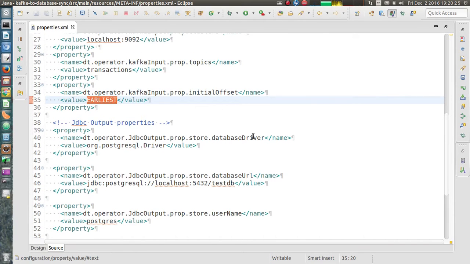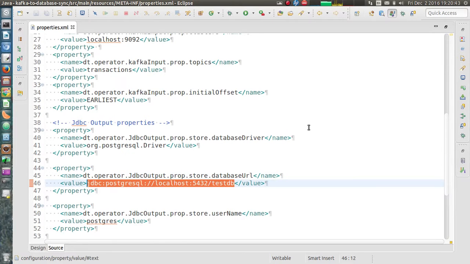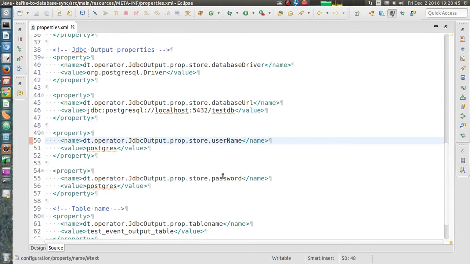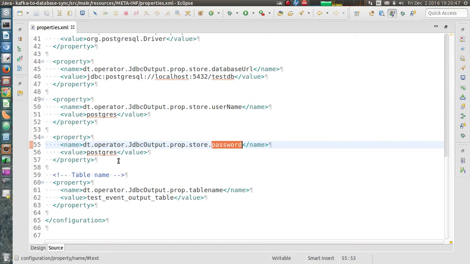Next we have JDBC output properties. For JDBC output we need to give database driver. In our case we are saying use PostgreSQL, and database URL, which is the connection string for JDBC, and username and password for Postgres, and finally the table name on which we want to write the data.